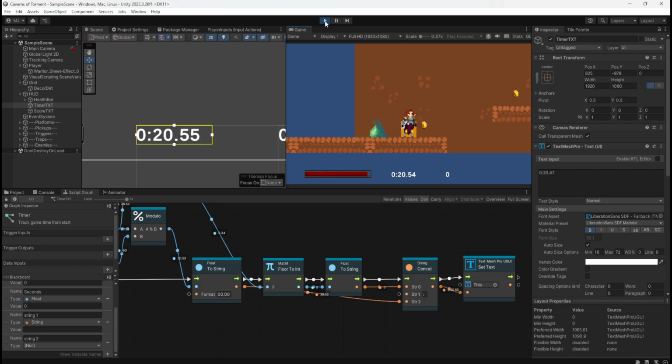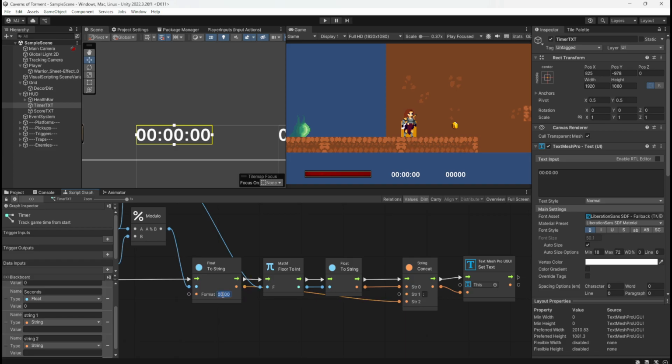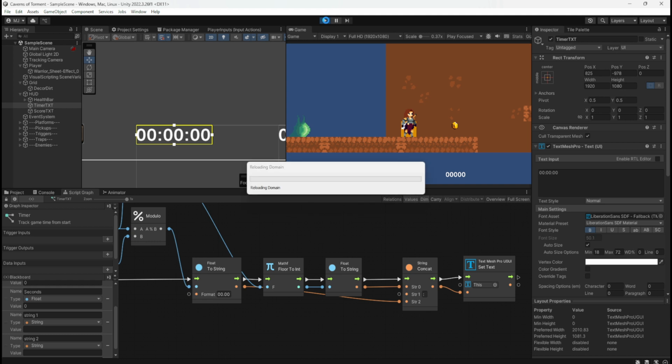So 2 zeros. See, that's the format I want, but the zeros mean use this many digits. But it's only showing... Why is it only showing it as 1?